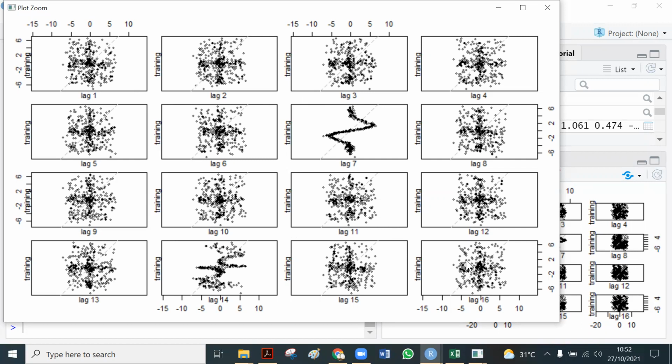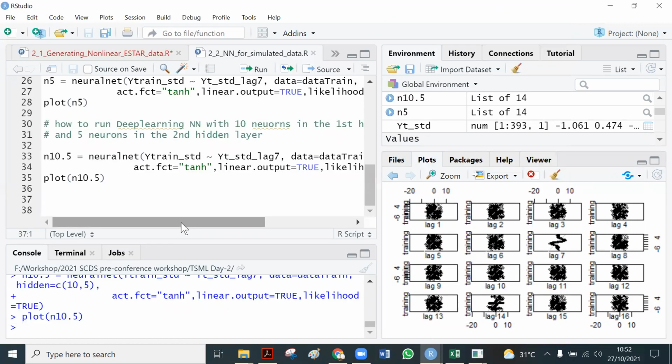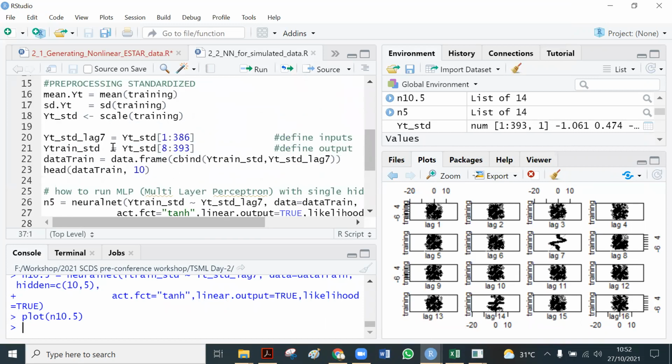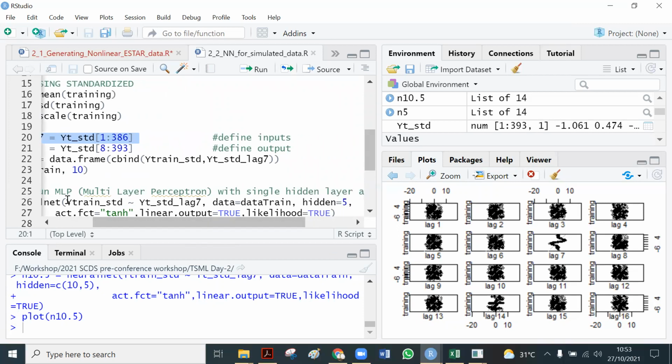Let's say until lag 30, for example. So here we need to add more lags. So let's say lag 1, lag 2, lag 3, lag 4, lag 5, 6, 7, 8, 9 until 20, for example. And then we add this model. This is the response, the output. This is the input, and we plus the lag 1 plus lag 2 plus lag 3.